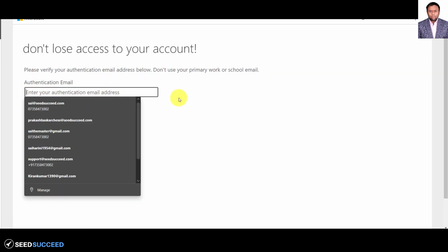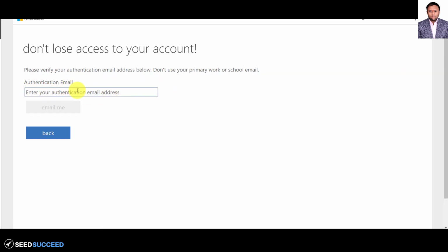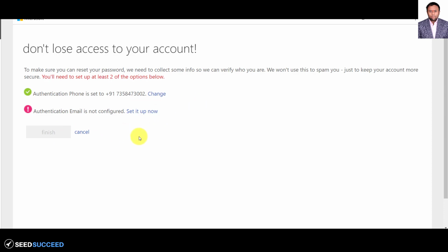Next, we've got to do the same with the email. Here you type in your personal email, click email me. Then when you go to your email address, there will be a 6-digit or 8-digit OTP code. You need to copy paste that OTP code and just click on verify. So once you have done it,